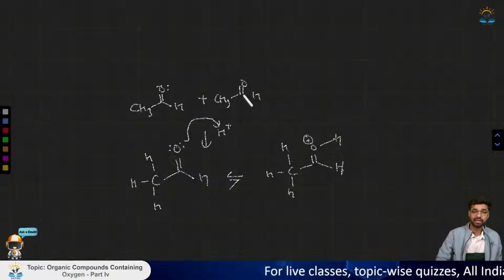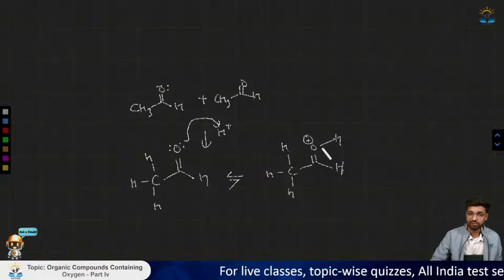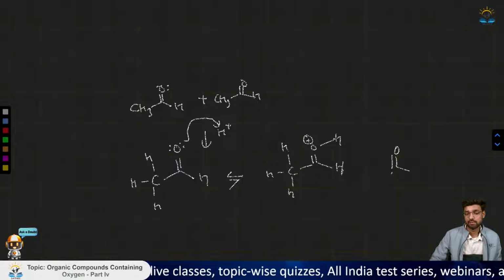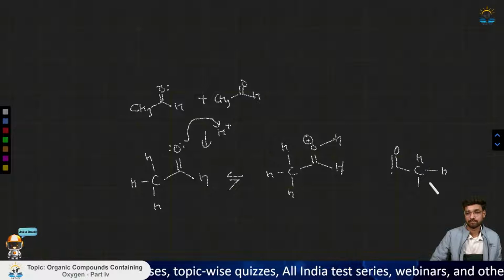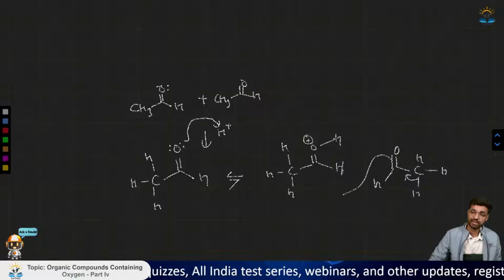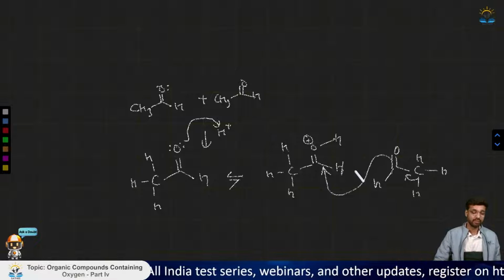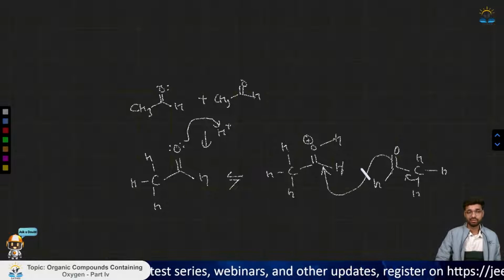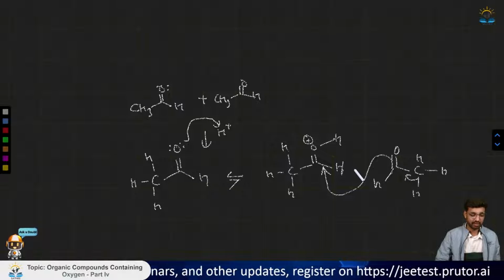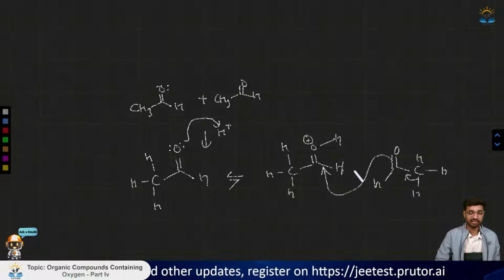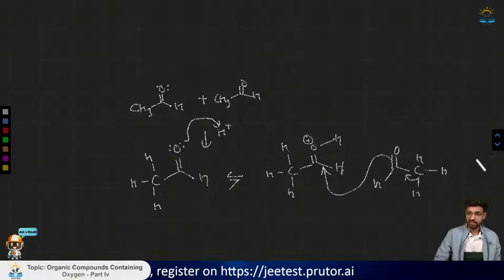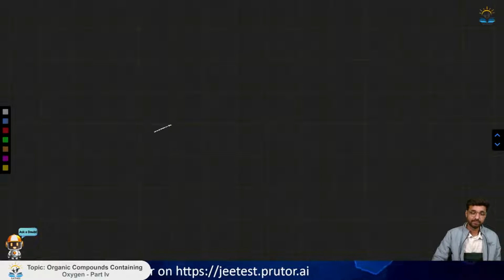Now what will happen in the next step? The other mole of CH3CO that we are having will attack like this at the carbonyl center. Means in this case, both the character of reduction and oxidation, or you can say reducing or oxidizing agent, is done by the same molecule. Now it will form an enol kind of thing, and in the next step we'll get